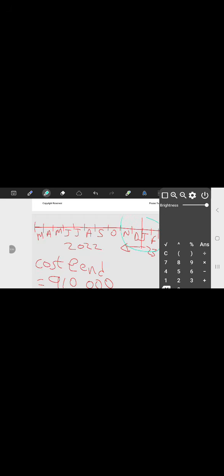We only bought it in November. So it's only 1, 2, 3, 4. So we only used it for 4 months. One other thing that you have to be very much careful of is that when we talk about the date